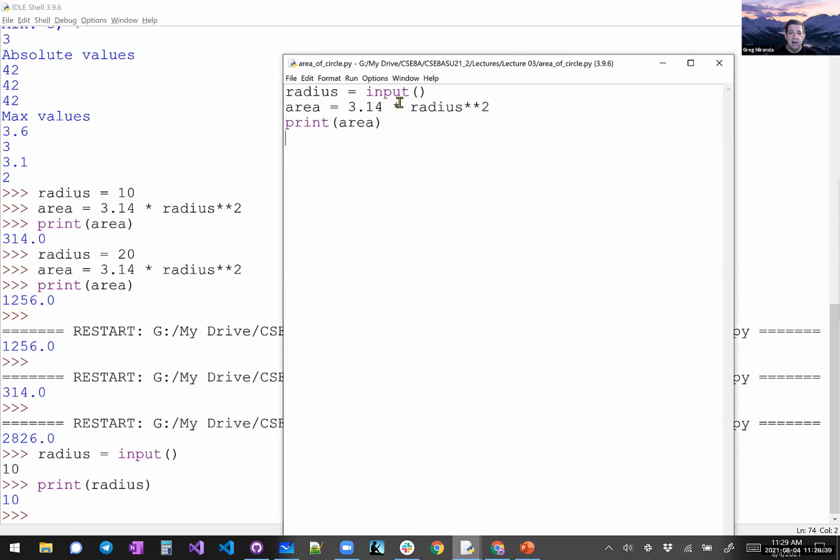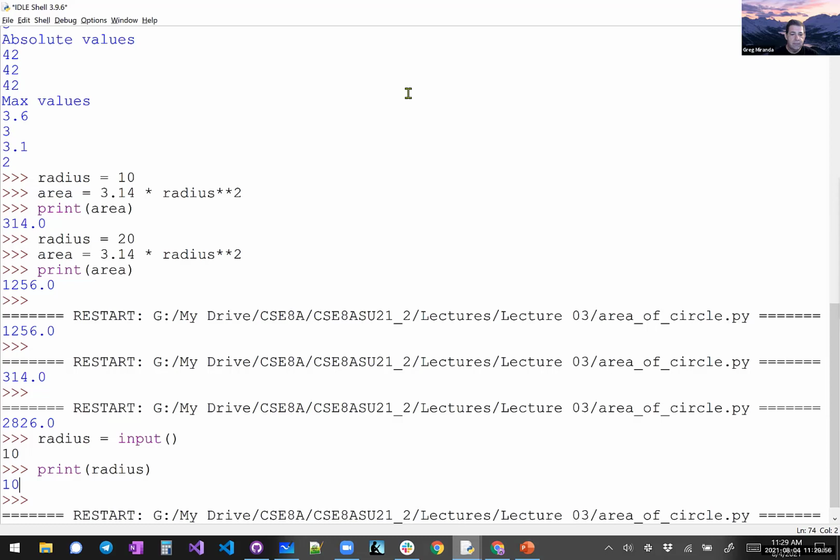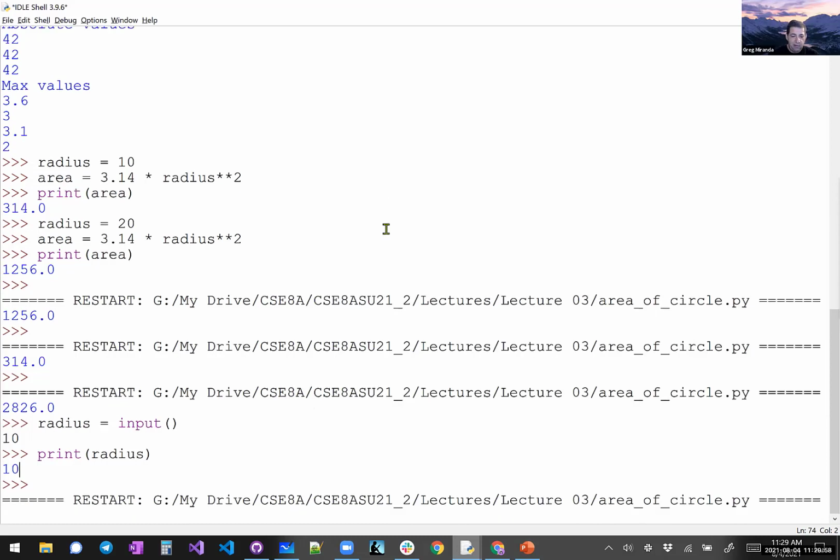This is pretty clumsy to constantly have to change this program every time I want to change things over and over again. I have to just keep doing it over and over. So now let's get the input. And so I saved it, and let's go ahead and run it. It's actually paused and waiting for me. So put in 10,